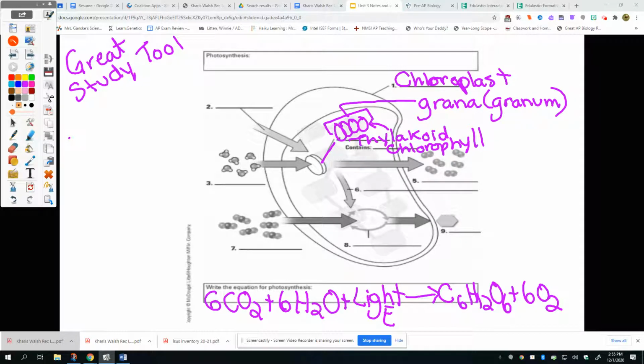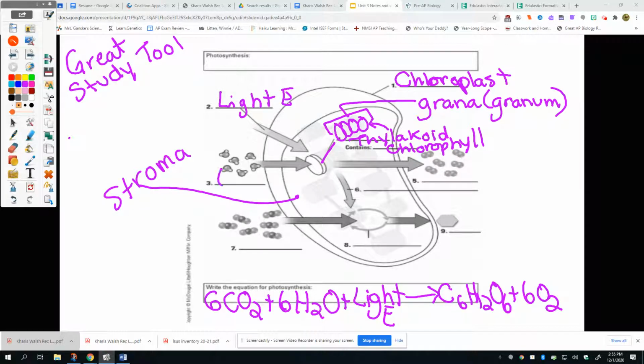It's inside each of those thylakoid discs. Now, the empty area around all of these grana is called the stroma. The inside of the chloroplast is filled with a gel-like material, kind of like cytoplasm. Well, that gel-like material is called the stroma, and it is where some of the reactions for photosynthesis actually occur. So in the first part of photosynthesis, we need light energy,